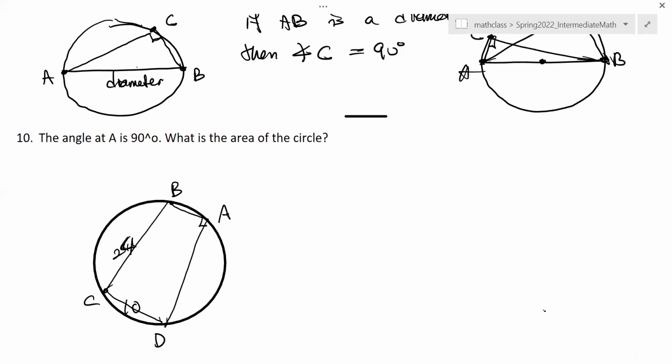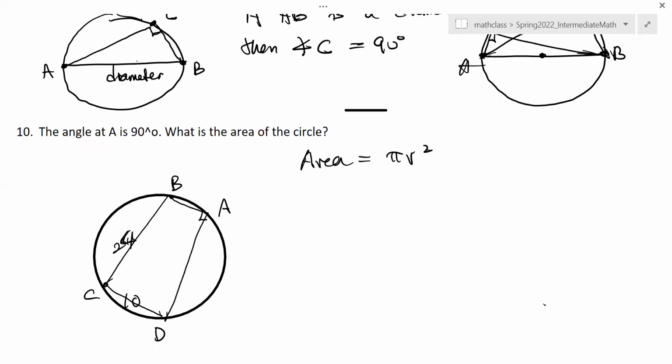What do we want to do? We want to find the area of the circle. Write down the formula: the area of the circle is pi r squared. So you have to find the radius r. That's a two-step problem here. Since we don't have much time, let me finish it. Okay, step 1,